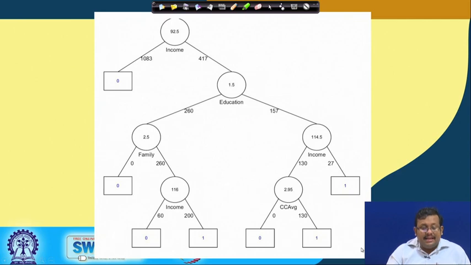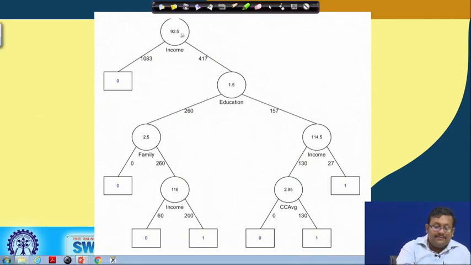As you can see here, we have classified all the observations based on some rules. Again, as I have told you, if the income is less than 92.5, then there are 417 observations, and then based on that, if the education is greater than 1.5, it will further classify into 157 observations and 260 observations and so on and so forth.